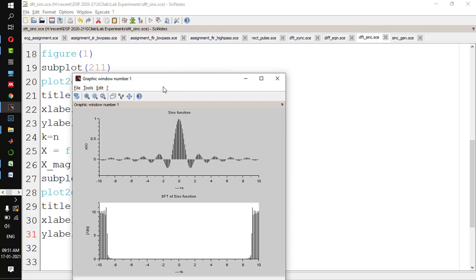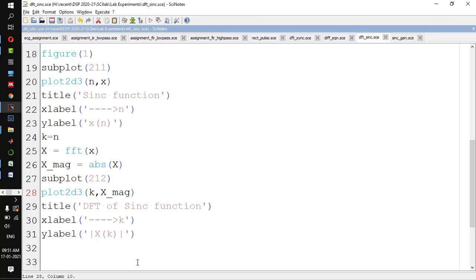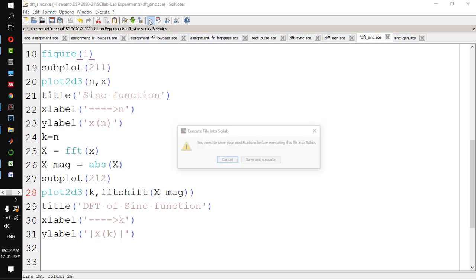As I told you, the DFT of a sinc function is a rectangular pulse, but this is not looking like a rectangular pulse. Why? Because of the symmetry property, because this is actually the complex conjugate of this number, right? Since we are taking magnitude, whatever you are getting here is the same as here. So for that I have to perform one more operation called FFT shift in the plot. So FFT shift of X mag. Now if I run,